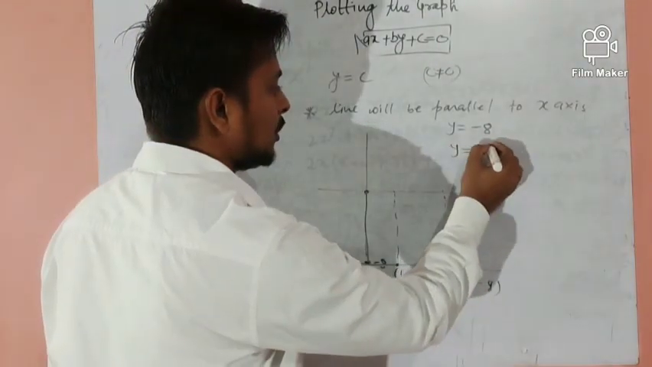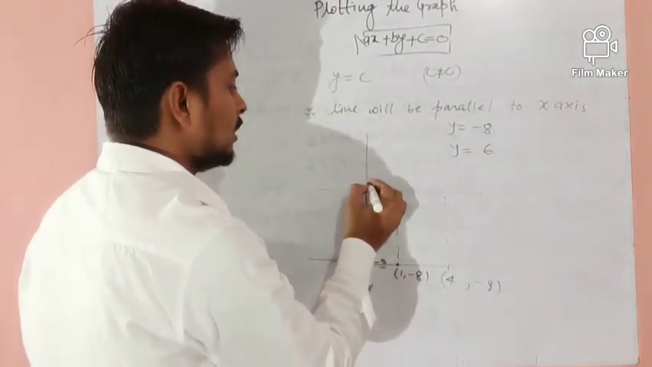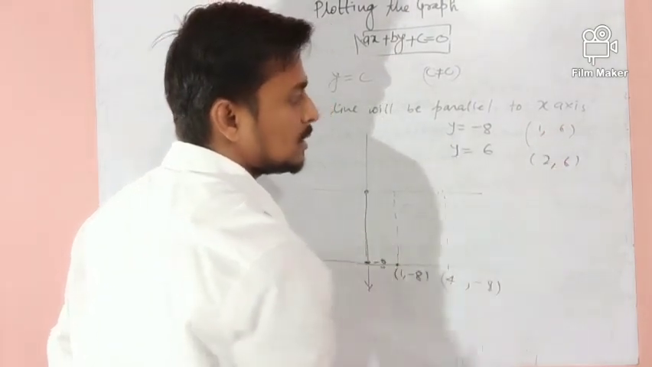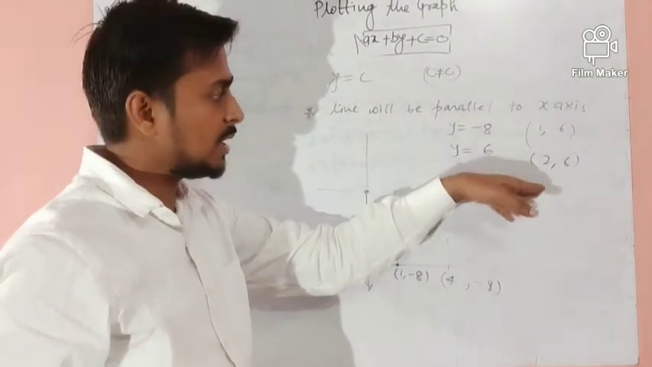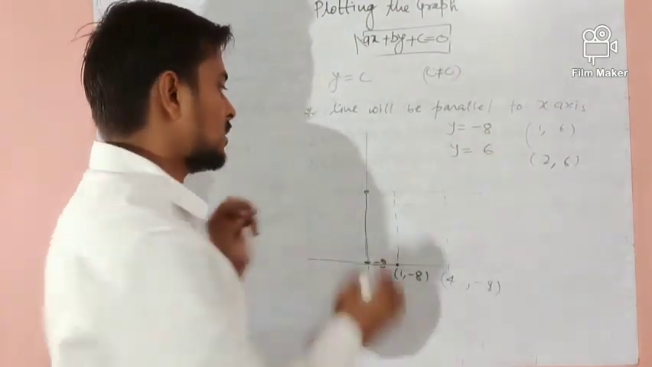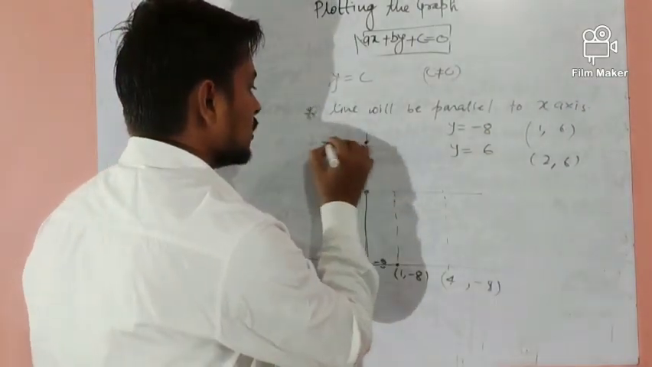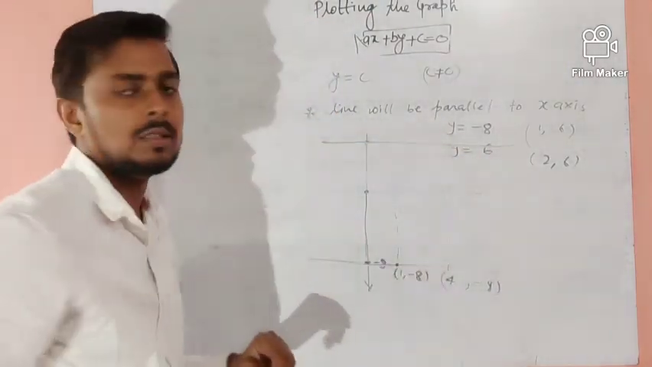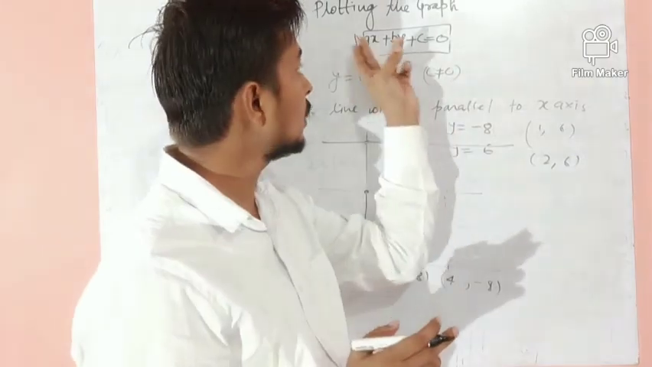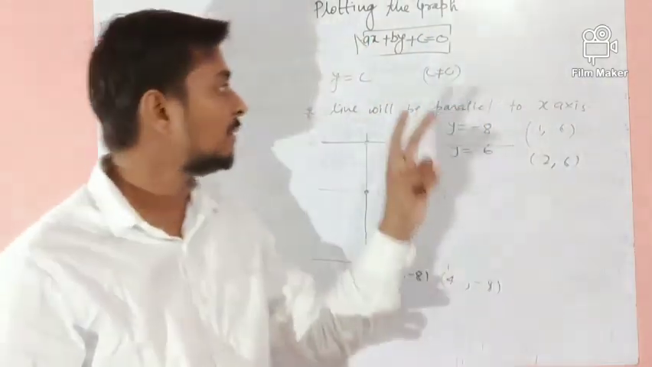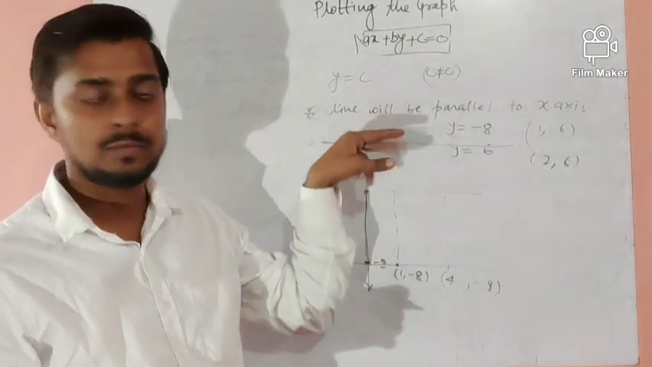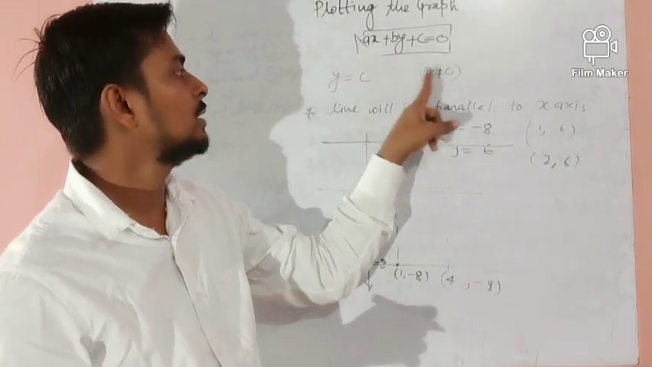If y is equal to 6 is given, then just take the point 1 comma 6, 2 comma 6. Very easy thing. Change the x but keep the y constant, 6. So here suppose 6. So the line will be parallel to x axis. Right? So this is the end of our topic, plotting the graph of all kinds. The two things that we have left is when c is equal to